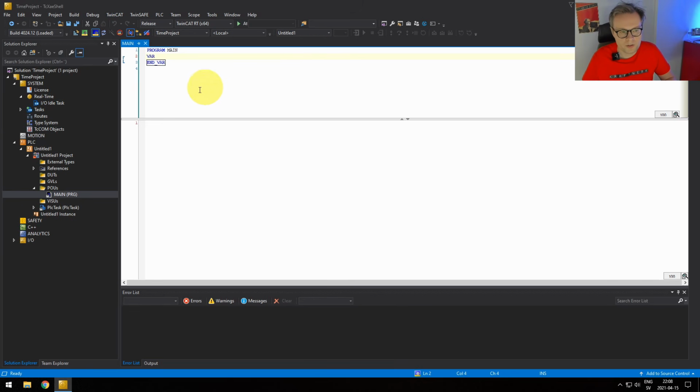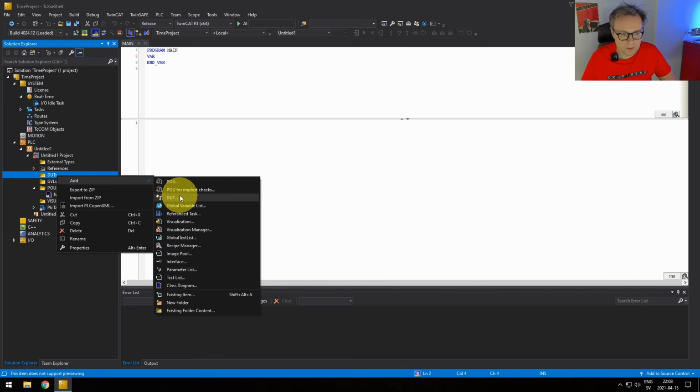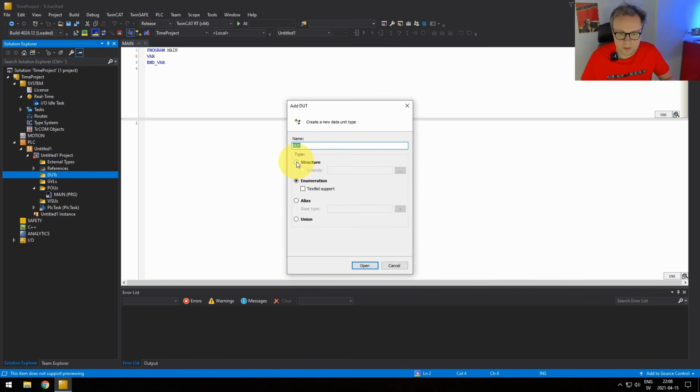Okay, so what I've done here is that I've created a completely new TwinCAT project, and I called it Time Project. What we're going to do in this project is this function that will take this structure that defines the event, and fill the date and time value of that structure with the current system time of the PLC. But before we create the function, we of course need to define this structure. So we create a DUT, select structure, and call it ST_event.